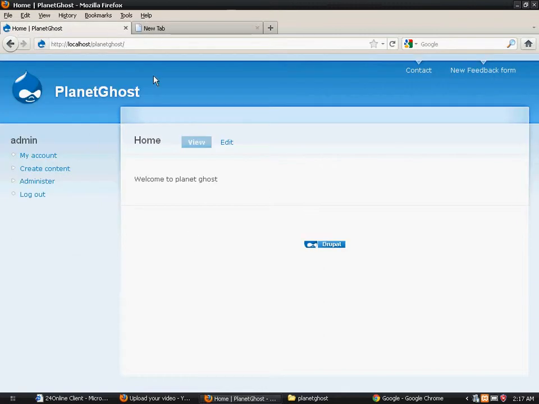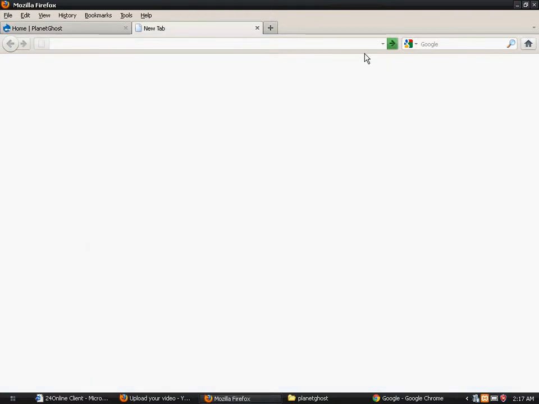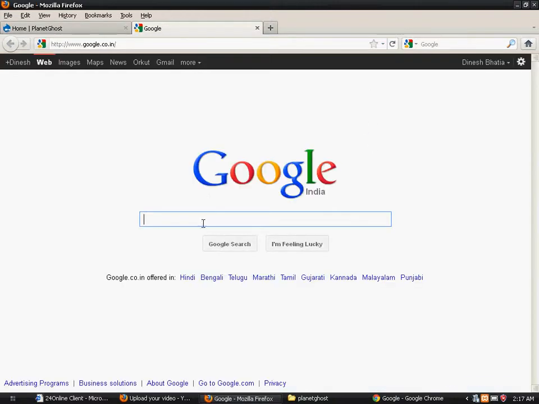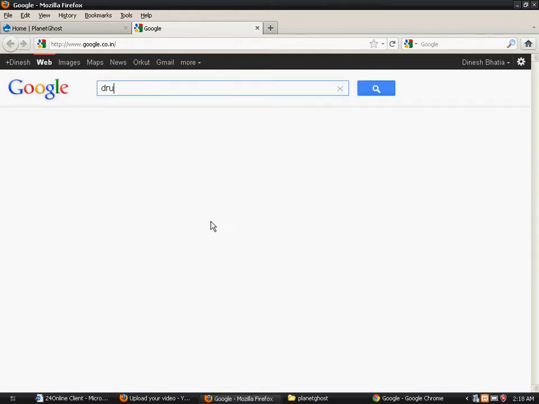So in this tutorial we learn how to put a new theme into Drupal, which we can easily find in Google. All we need to do is search Drupal 6 themes.